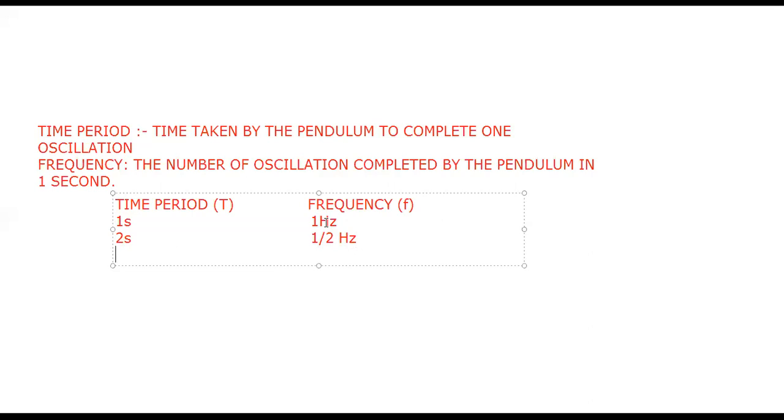Okay, chalo. Okay, 3 of them, 4 of them have given the answer. Okay. Now what I will do, I will give you one more example. Okay, now the time period is 4 seconds. How much is the time period, beta? 4 seconds. Can you say me how much is the frequency now? Think, it is taking 4 seconds to complete one oscillation.